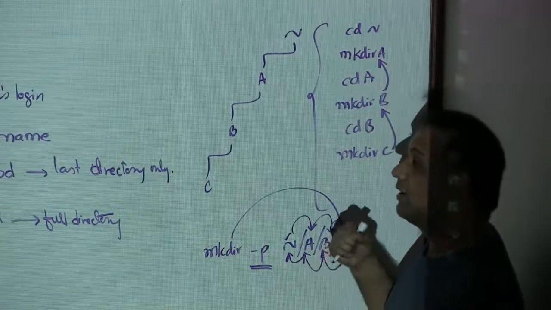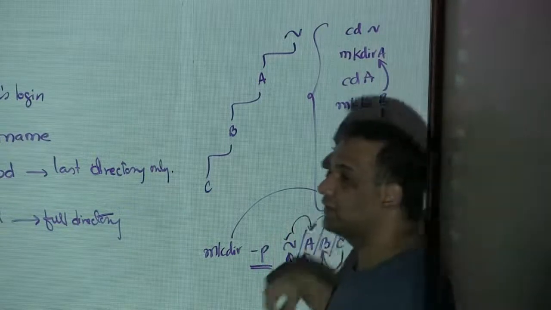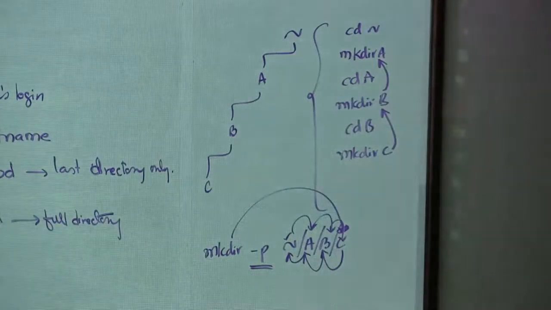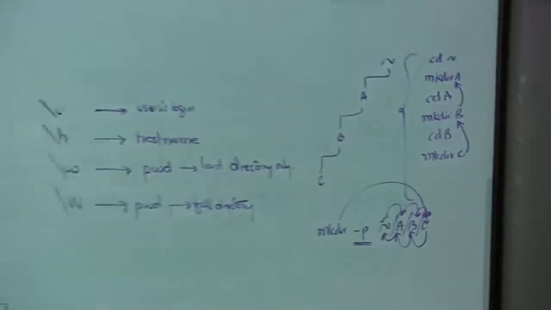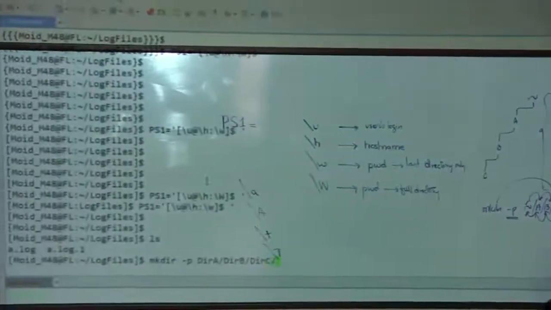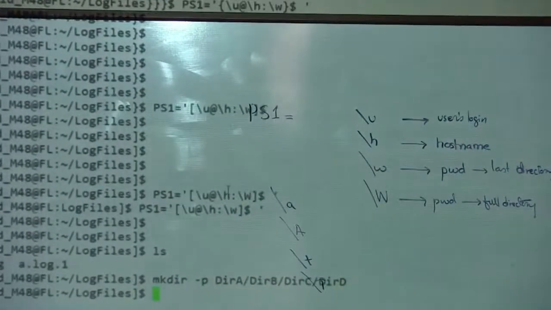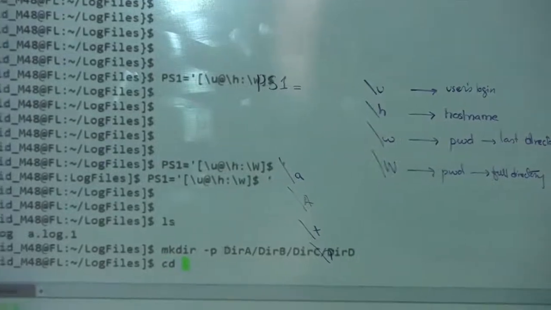What it is saying, if the parent directory does not exist, create it before you create the child directory. You cannot have a child before the parent, right? That's exactly the concept. So here I'm going to say -p, directory B, directory C, directory D. So if I go into this directory especially,